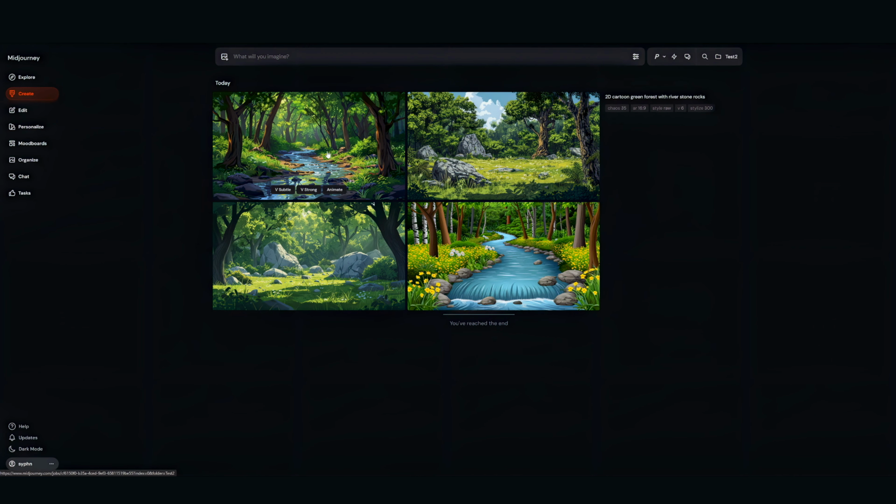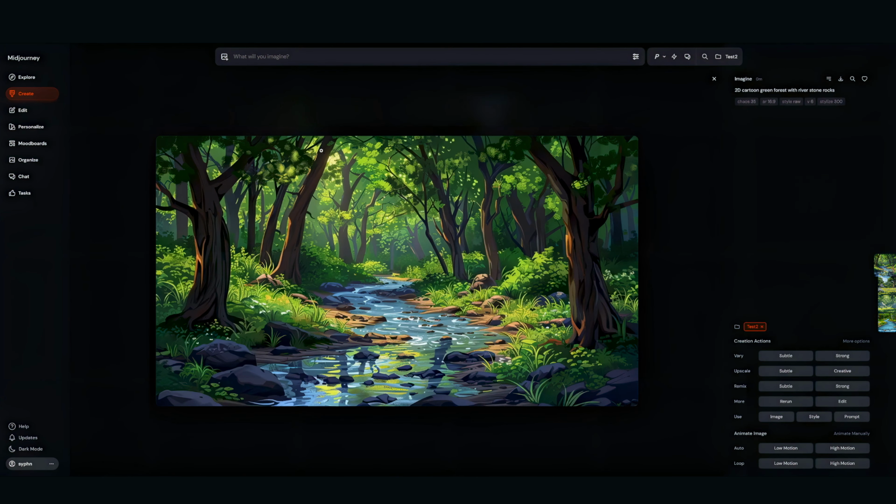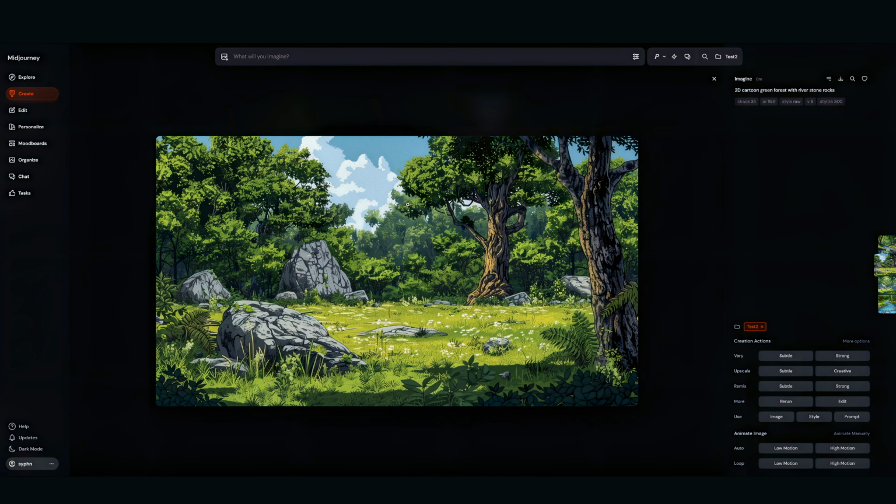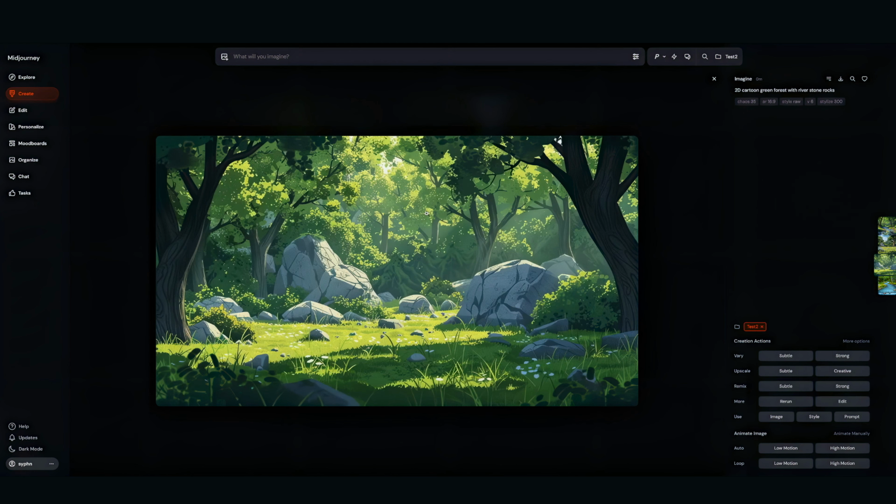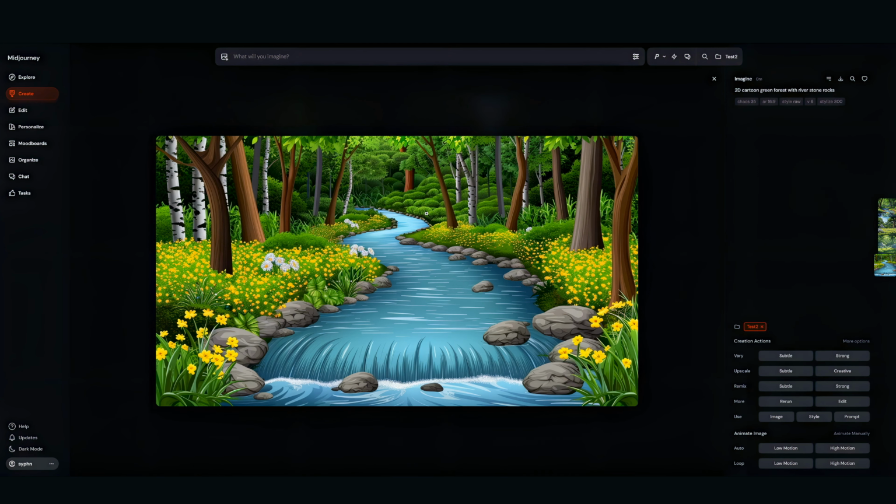Okay, it's done. Now let's take a look at these. Wow, these are pretty nice. Very cool, I like them. Oh, I actually like that one the best, that's really great. I prefer more of a variety in the colors. I like the colors to be a little more fluorescent. This is a really cool art style. I actually prefer this a lot. But I'll show you guys a little bit more with working with the AI. Now, there's lots of different options here that you have. Very similar to what we were looking at before.